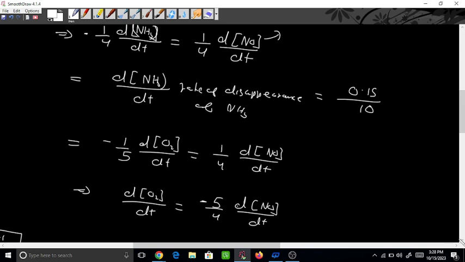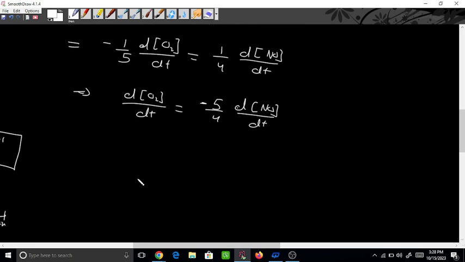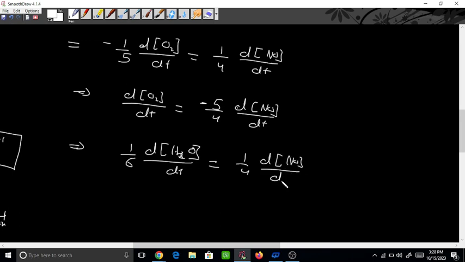Now the question asked is, what is the rate of formation of H2O? That also we can write. So rate of formation of H2O, how can we write? H2O was 6, so 1 by 6 into d[H2O]/dt is equal to 1 by 4 into dNO/dt. So rate of formation of H2O, which is d[H2O]/dt, is equal to 6 by 4 into